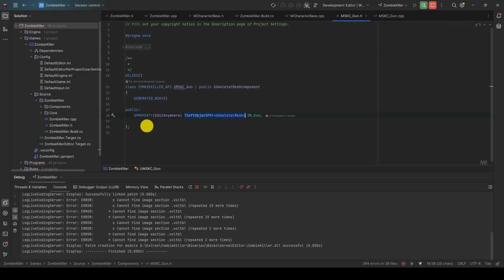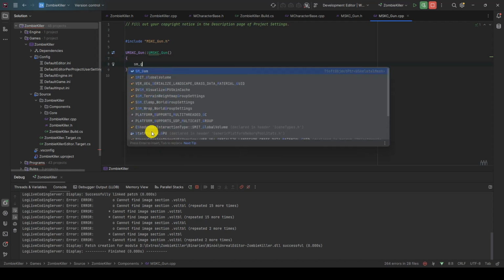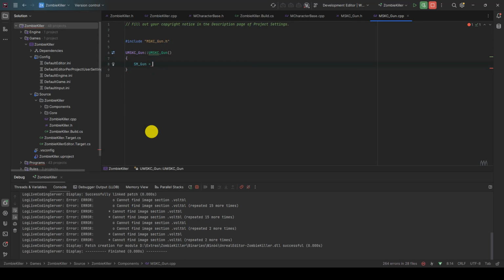First we have to declare some functions, then we can do that. I will declare one more section under public only, because I always keep my variables and functions in separate modules. So public, I'm just keeping it separate. So we need to call the constructor. We already know the concept of constructor. Alt Enter, general definition, and here we will set SM_Gun equal to